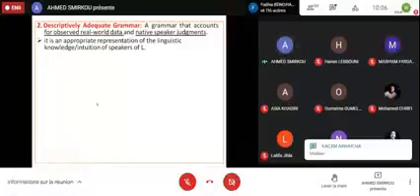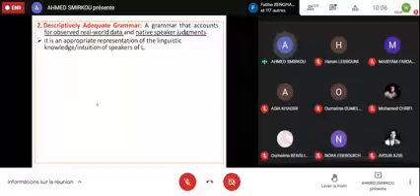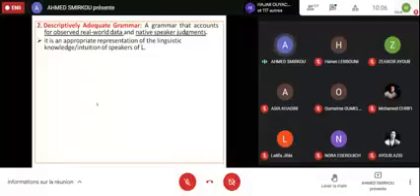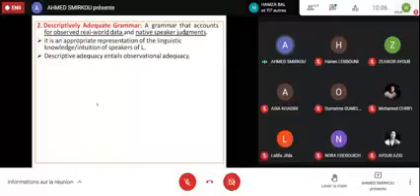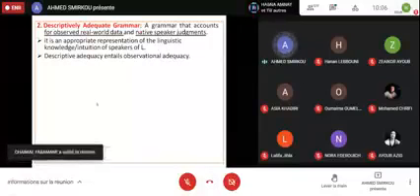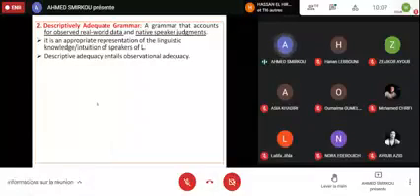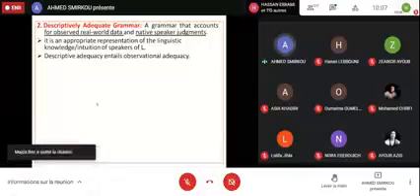So a descriptively adequate grammar is able to account for this intuition, the intuition of speakers to judge the grammaticality of a certain sentence. Okay, and descriptive adequacy includes observational adequacy. Why? Because as a first step, descriptively adequate grammar tries to generate only correct sentences, and the second step accounts